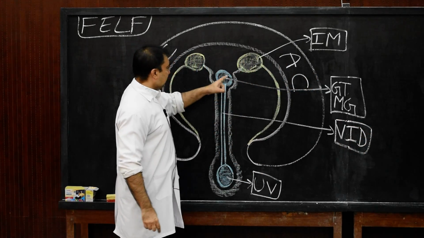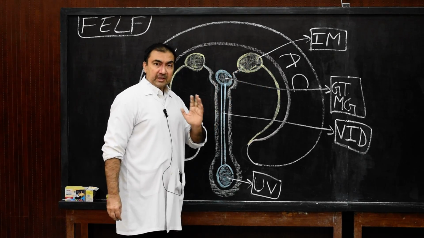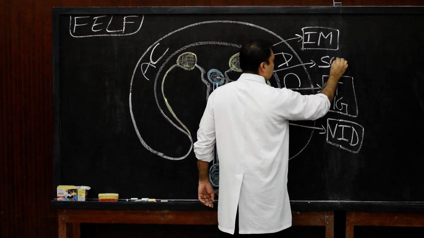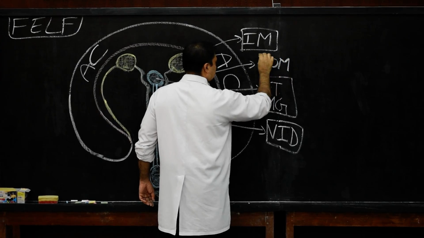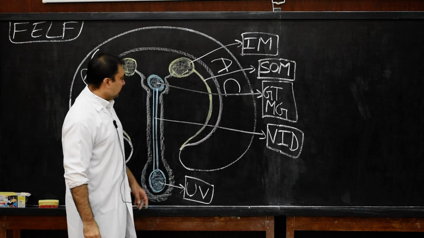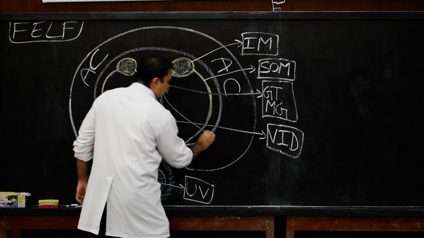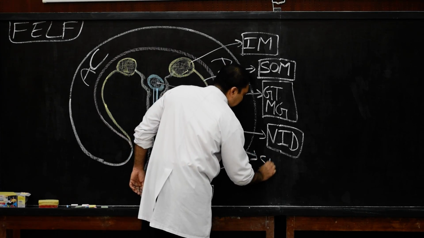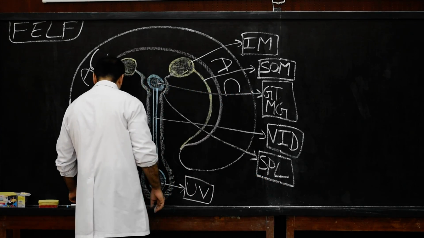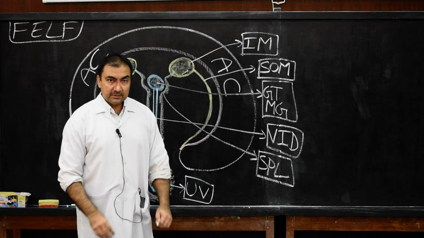Now we come back to this green color. We changed the color from yellow to green. Yellow was somatopleuric layer. So first we name this yellow color as somatopleuric, simply somatopleuric in short form, or it is also called somatopleuric layer of lateral plate mesoderm. And this green color now, we will name this entire green color as splanchnopleural. So this is splanchnopleural or splanchnopleuric layer of lateral plate mesoderm.